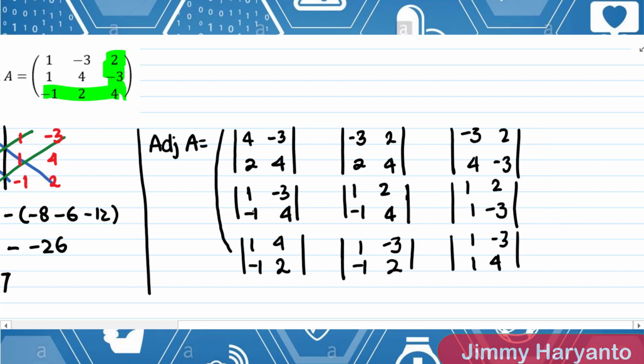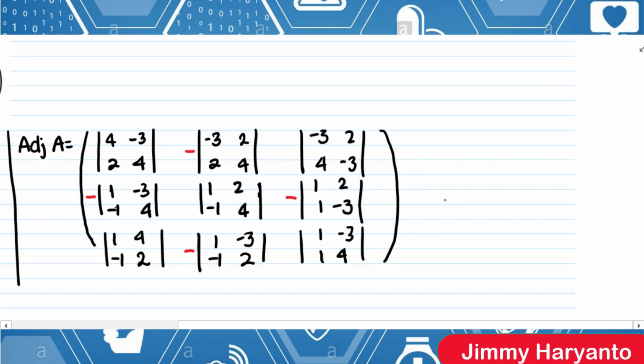There you go. This is the adjoint for 3 times 3 matrix. But we are not finished yet. For the adjoint of matrix A, you have to add minus at the top, and then for the bottom one, maybe I can say the elements of first row and the second column, and then the elements of the third row and the second column, and then the second row first column, second row third column. Itu harus dikasih minus semuanya ya, karena aturan adjoint ini seperti itu.